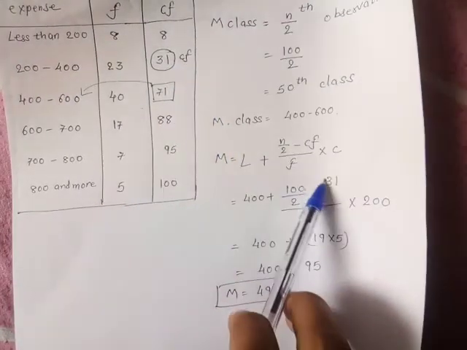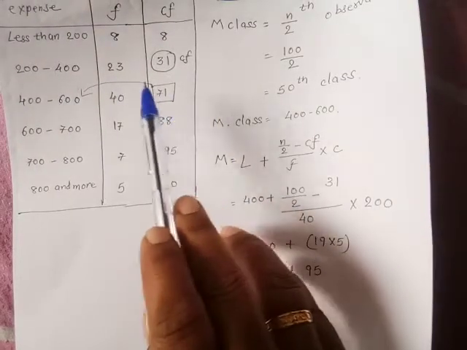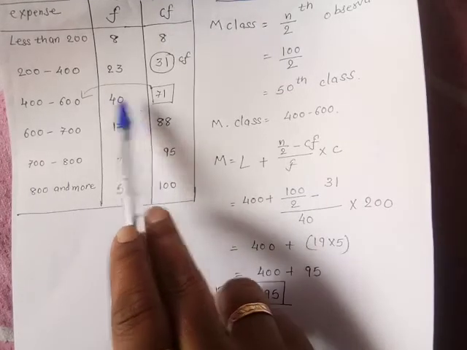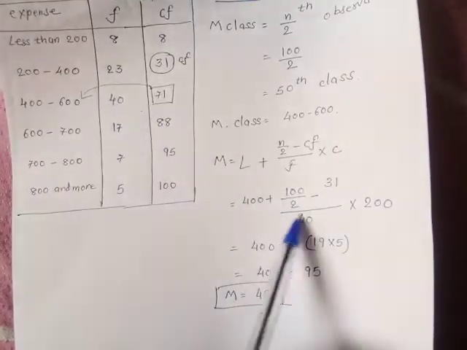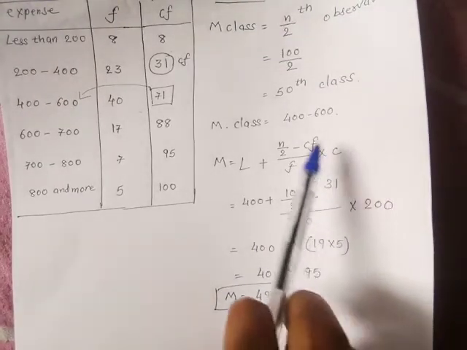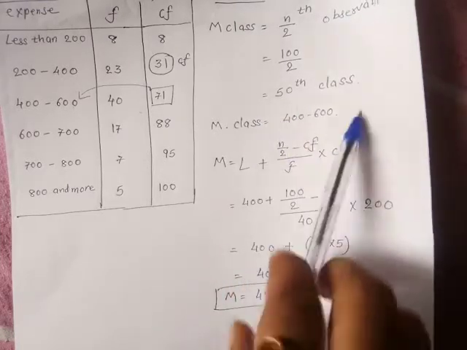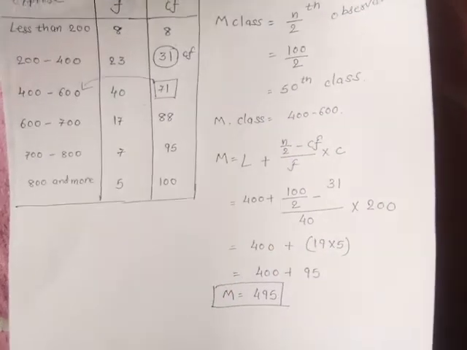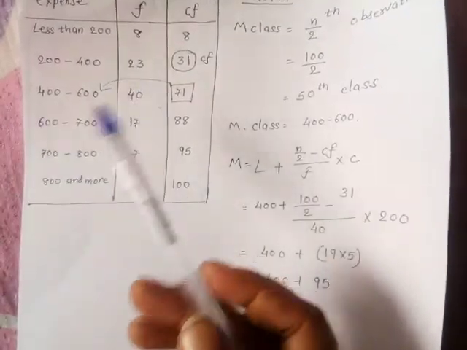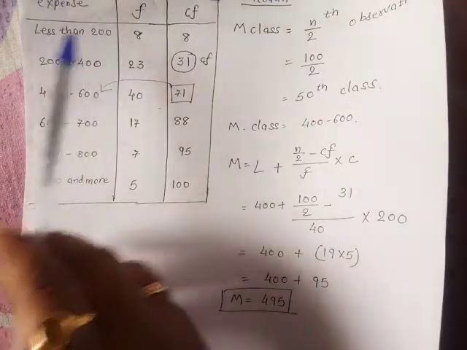We take the class interval of the median class only. Why? Because here the class differences are unequal. See, 200 gap, 200 gap, 200 gap. Now here a gap of only 100. Here also a gap of only 100, meaning class interval is 100. Here we cannot estimate any single class interval. So which class interval do we take? That is confusing, so we take the class interval of the median class only. That is 200. So multiply by 200, right?